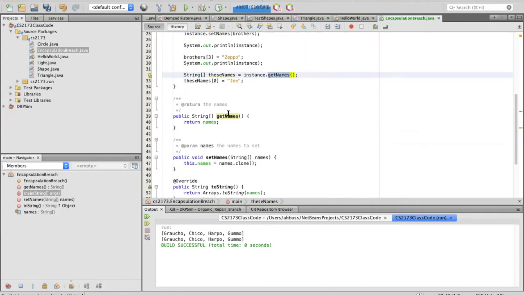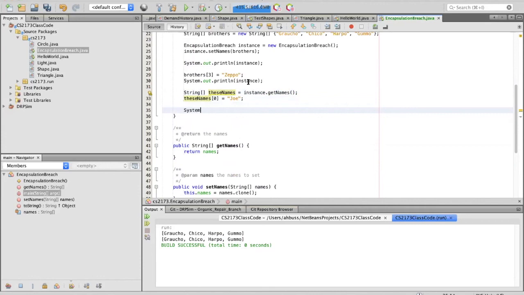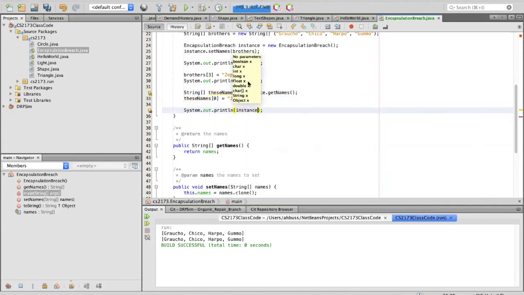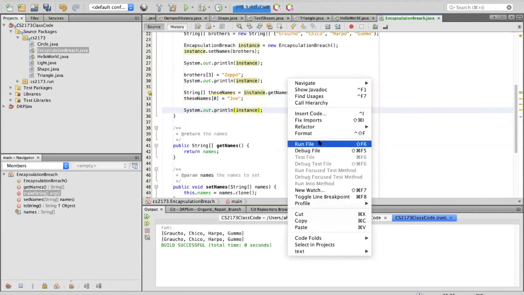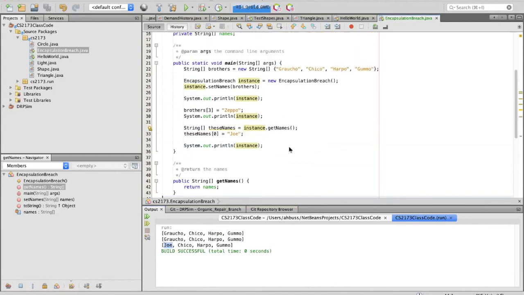See, here's the getter. And now I say, okay, I've gotten these names, but now I want to change my value of these to Joe. And what's that done? Now all of a sudden, again, this is a second encapsulation breach.